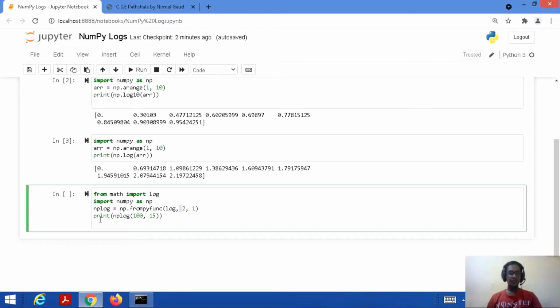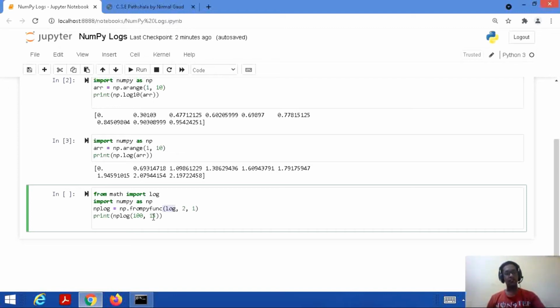Next we are performing the operation np_log(100, 15). These are the two inputs. Here it will perform log 100 to the base 15. The function's name here is np_log, so we have changed our np_log function into a log function, and then we are performing the log operation of any base.